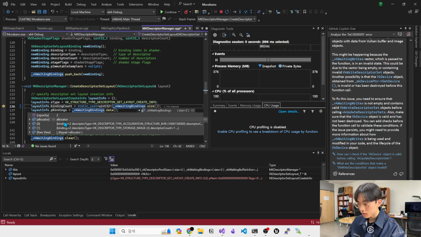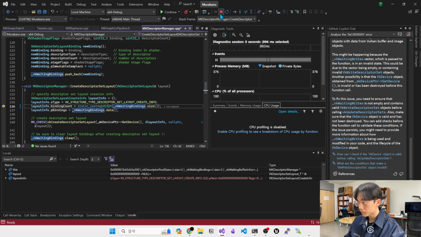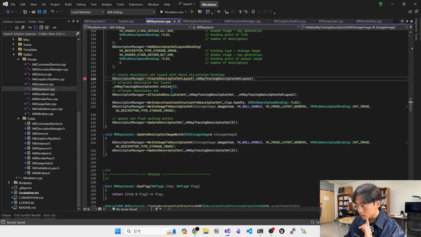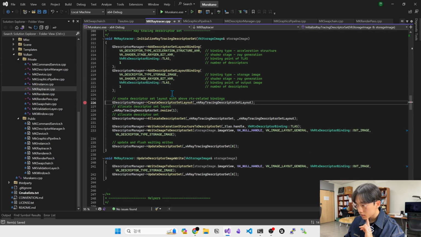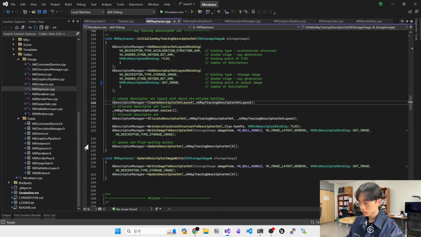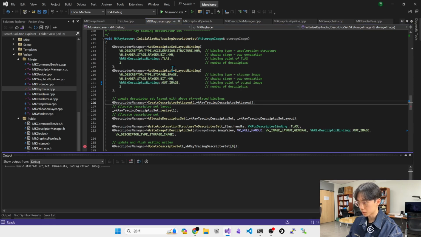Why is the binding point the same? Okay, this was a problem. So this should be out image, not TLAS. If we break at this point again,